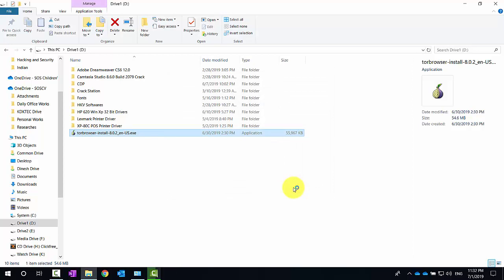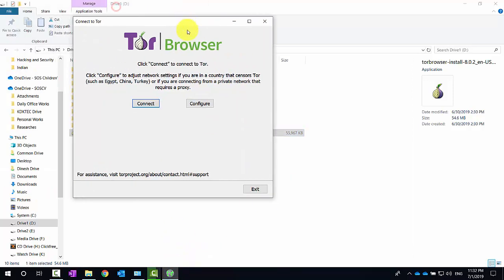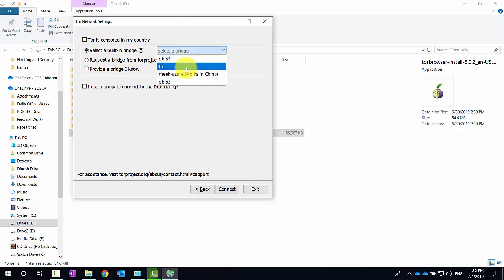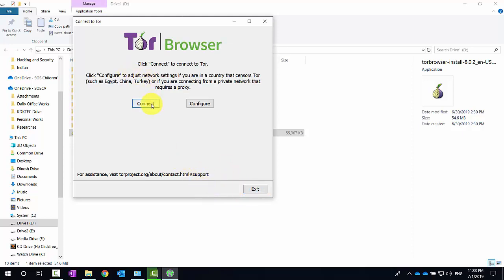Now let's wait some time and it will start automatically. You can see this will come, and you can select the connect button. Or there are some special configurations for censored countries. Some countries censor or block Tor Browser, so you can use this tick and select some of these options and use the connect button. Now in this case, I am in Sri Lanka, and the Sri Lankan government did not block Tor Browser, so I can use this